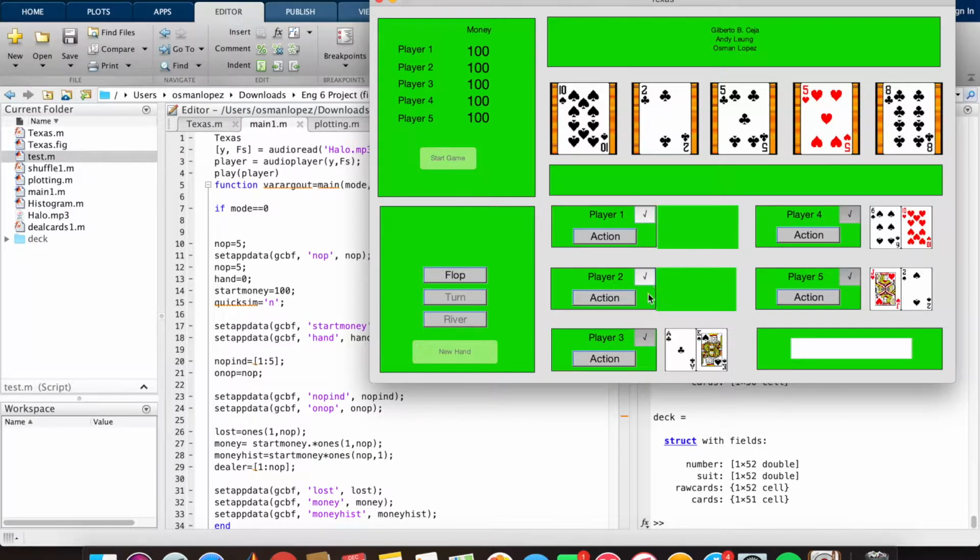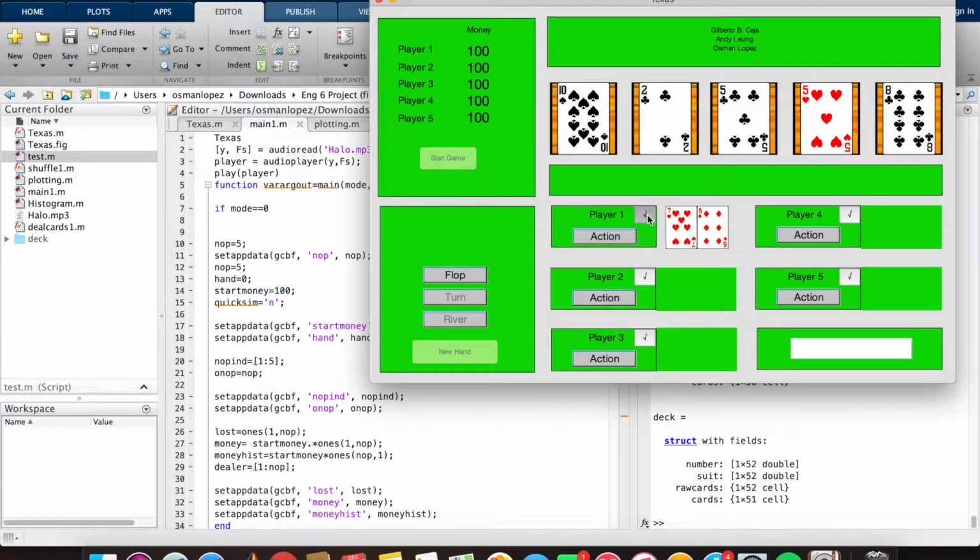The way betting works is, this is the bet box. You can put how much money you want. So if I felt as if I had a good hand, a 7 of hearts and 6 of diamonds, I would bet $20 and then hit my action button, which shows that player 1 is betting it. That money will then be subtracted from player 1 and go to a pot, which should be distributed here,